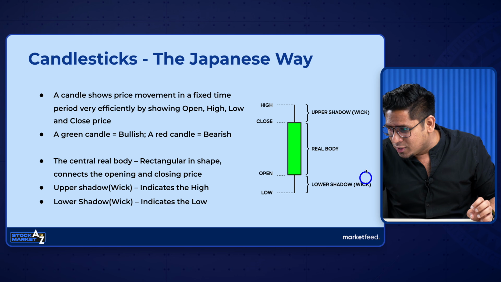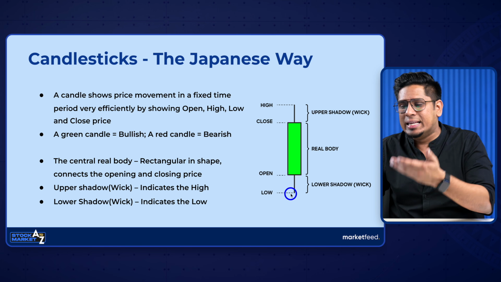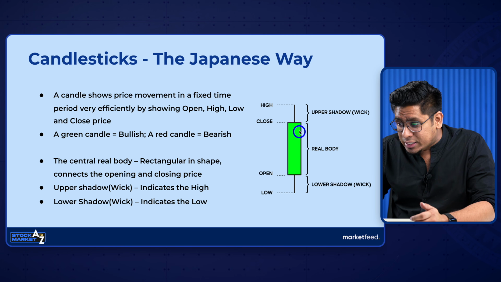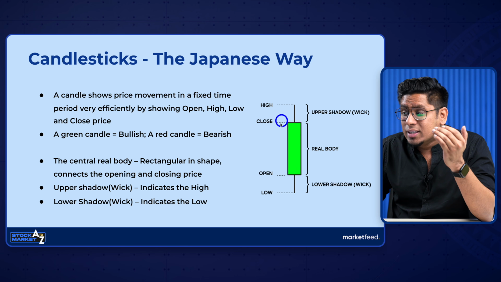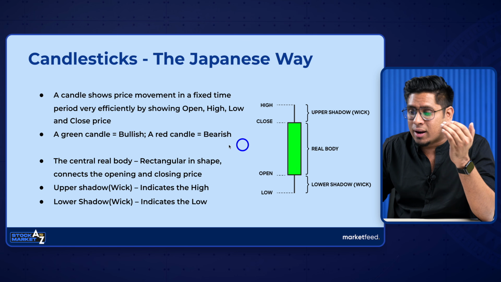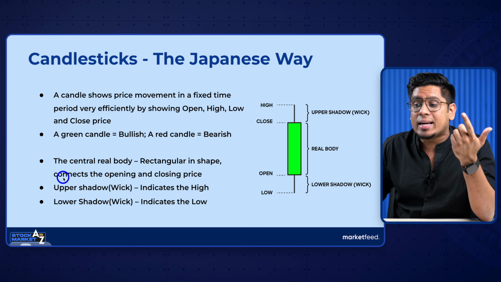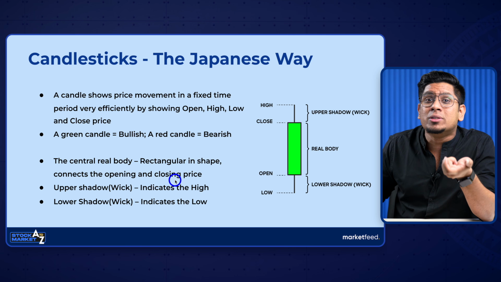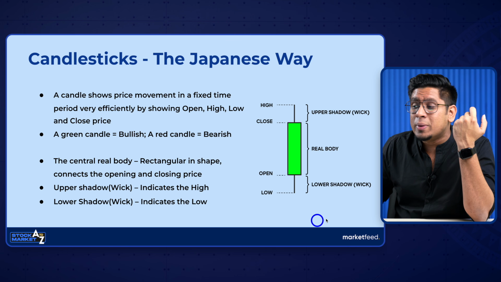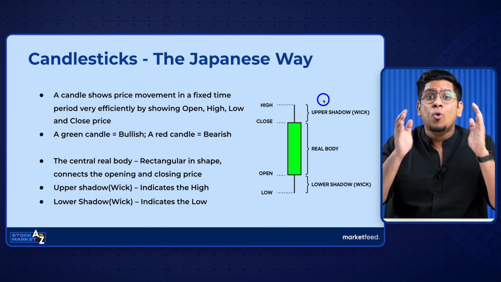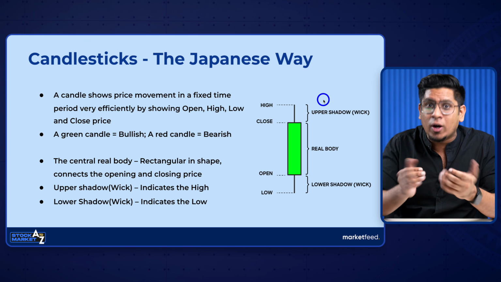So if you look into this candle, and if you read here, you can easily understand this, right? The first thing we should understand is the central real body, which is this one. This is called the real body of a candle. It is rectangular in shape and it connects the opening and closing price. Now let's put an example here, right? Say this is a 5-minute candle, or a candlestick which represents price movement of a stock in a